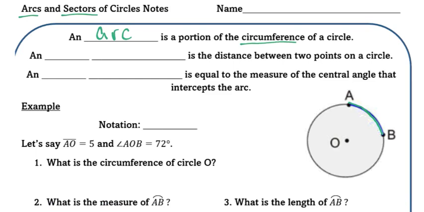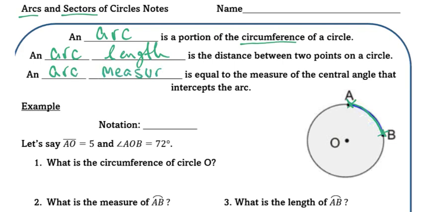There's two different measurements that are associated with an arc. The arc length is the actual distance itself. So if you want to figure out the distance from A to B, that's called the arc length. It's the distance between those 2 points. So the arc measure is really referring to the angle